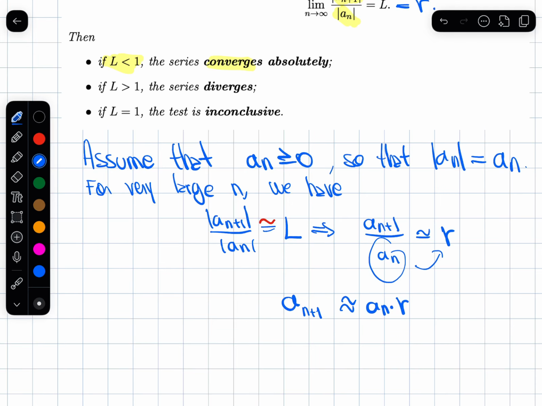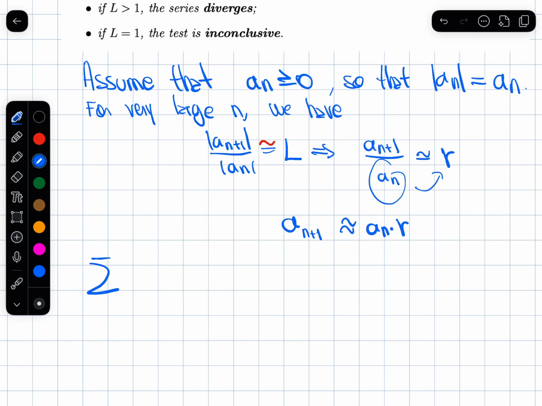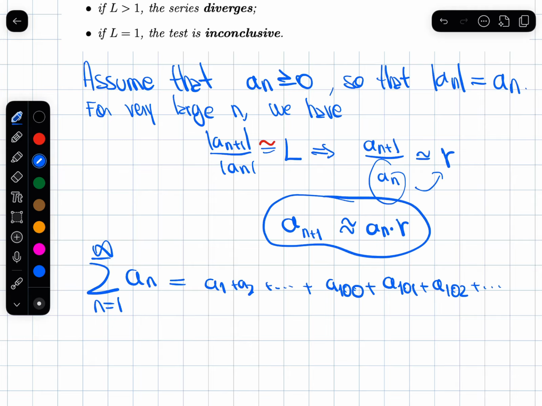Of course, what does that mean? If I'm adding my terms like this, then at the beginning I don't quite know, because what I'm saying only works for very large n. But later on, when I'm adding maybe the 100th, 101st, 102nd term, maybe it needs 1,000, maybe it needs more terms. Because every term is approximately the previous term times R,